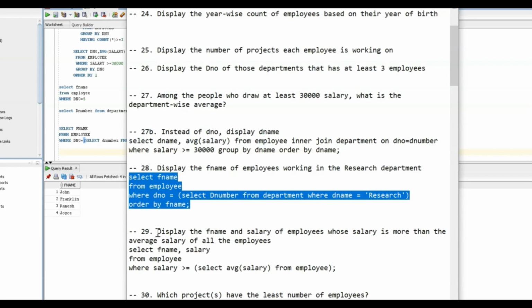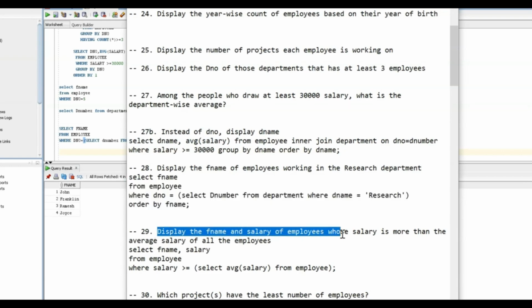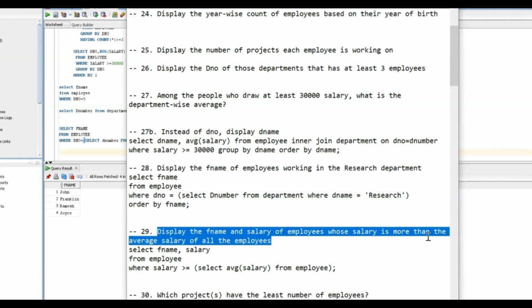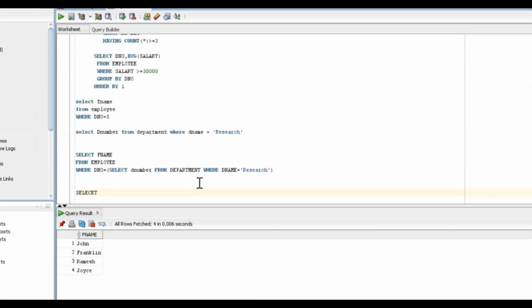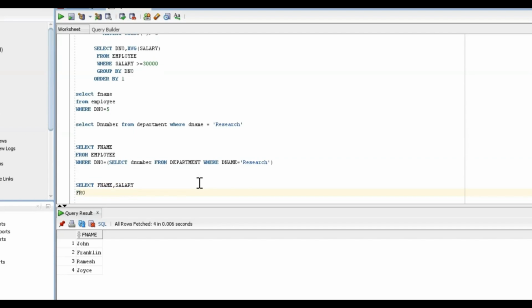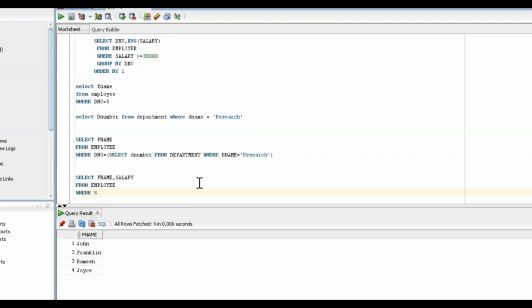Let's look at the next question. Display the F name and salary of employees whose salary is more than the average salary of all employees. Okay. So how are you going to do this? Select F name, salary from employee where salary is more than the average salary of all employees. Salary from